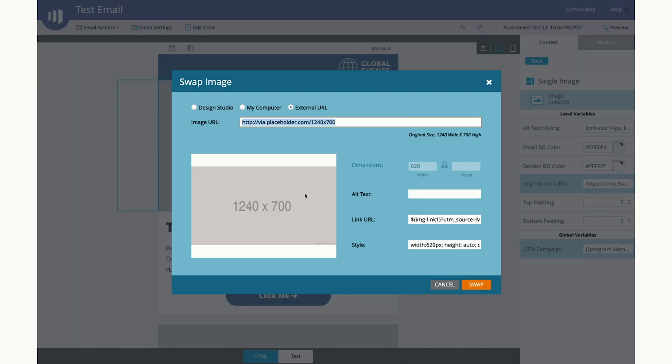So in this pop-up, we can see the URL for the image. I can replace that with another URL directly if I want to. I've got a blank space to enter my alt text. Make sure you're entering alt text. It is really important and really beneficial